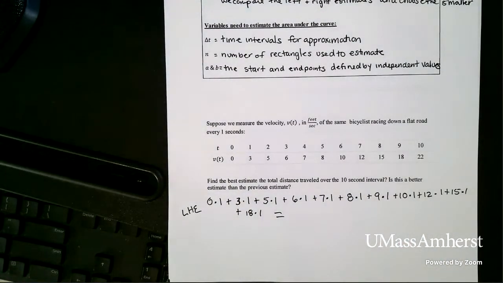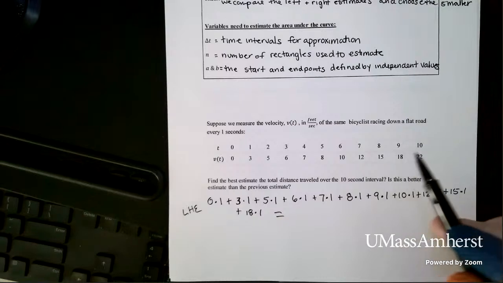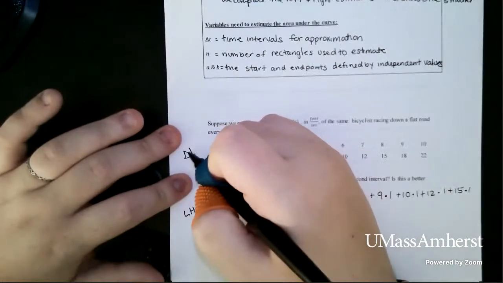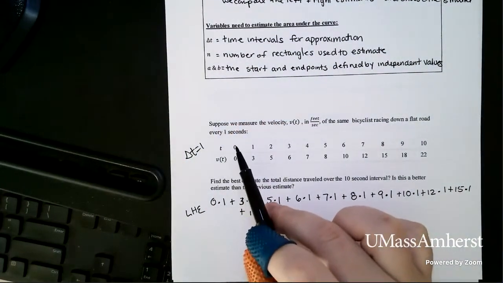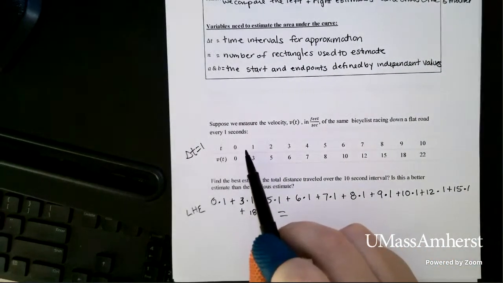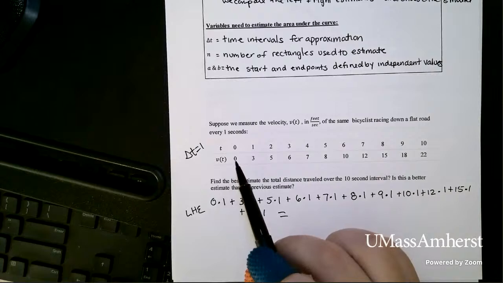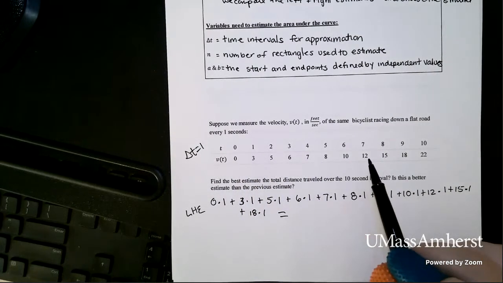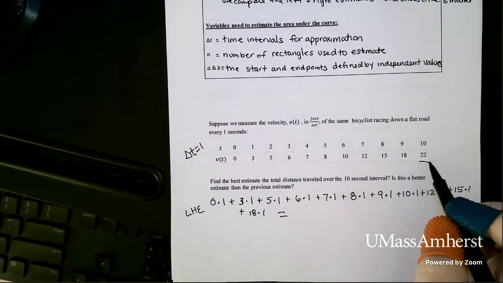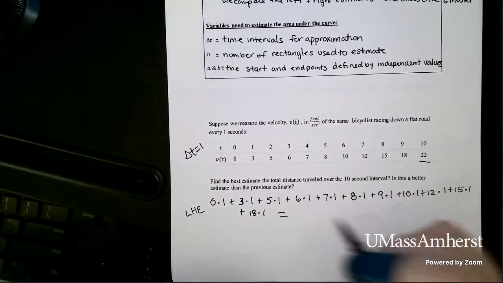All right. So when we do our calculation on this set of data, which again is the same as the other one, but now we have more information, our delta t here is equal to 1. So now we're counting by 1, 0, 1, 2, 3, 4, 5, 6, 7, 8, 9, 10. So for each 1 second interval, we're going to pick the rate on the left when we do a left-hand approximation. So first we pick 0, then 3, then 5, 6, 7, 8, 9, 10, 12, 15, and 18. So notice when we do a left-hand approximation, we don't use the rightmost rate. Okay? So when we add those all up, I get